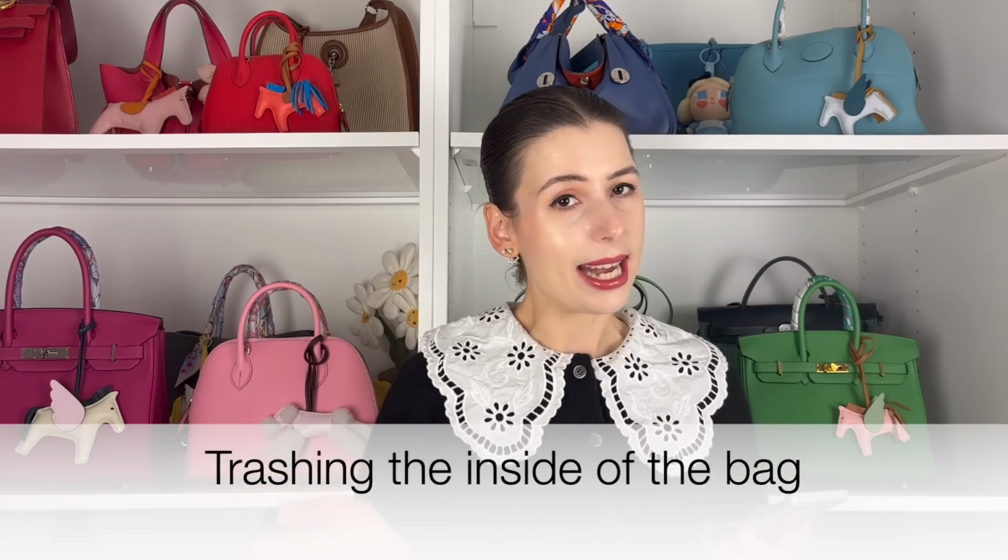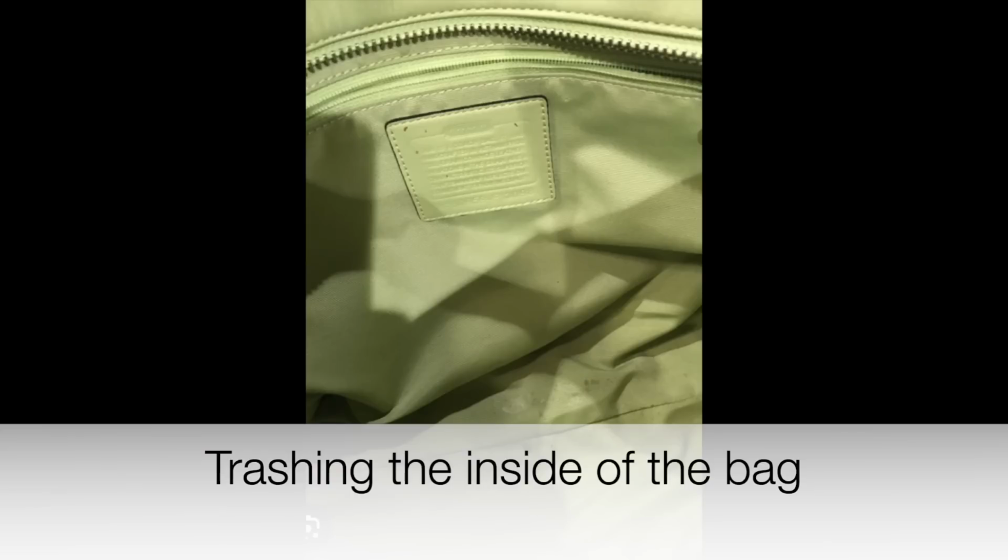Not looking after the inside of your bag. You see a lot of bags on the pre-loved market with pen marks and lipstick, and people just leave all the disgusting glitter and mess all over the bag. And this is where I would say it's smart to use pouches or some sort of bag insert within your bag. So if you do want to sell your bag on,